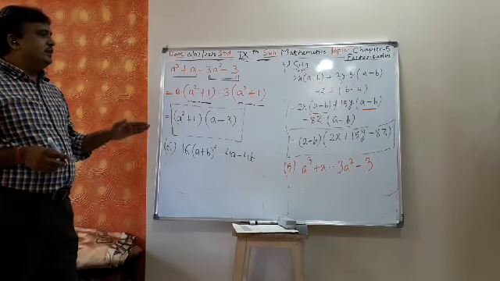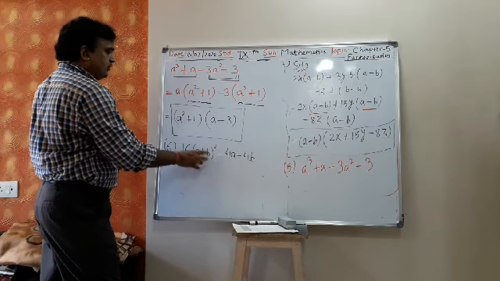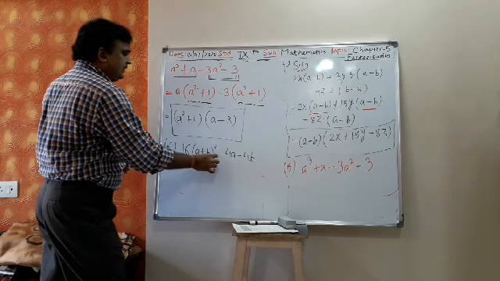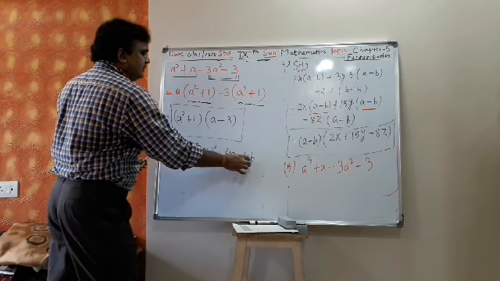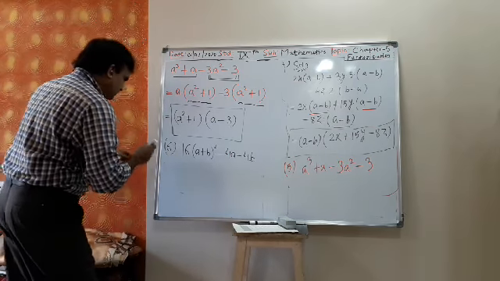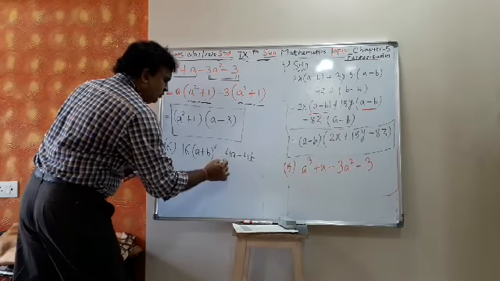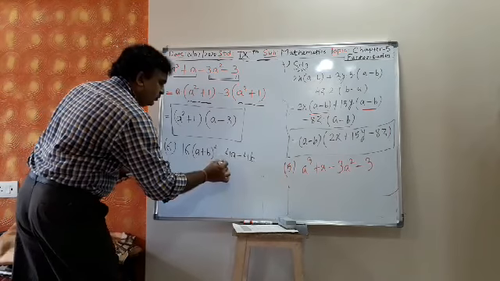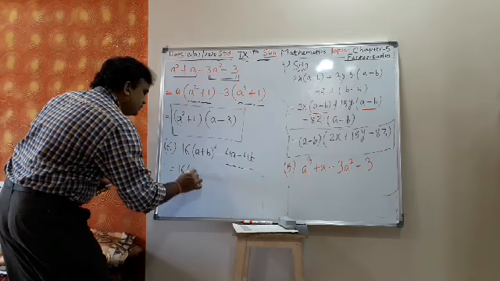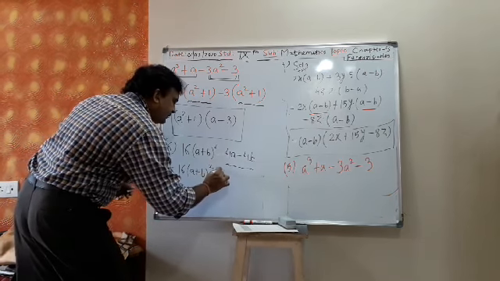So whether there is any common factor? Yes, tell me. 4 is the common, okay. But there it is a plus b, and there it is a, there it is b. So except 4, there is nothing common. So what I will do, I will make the group. These two I will group, these two I will group. So this I will write 16 into a plus b whole square. Then in these two I will take minus 4 common.